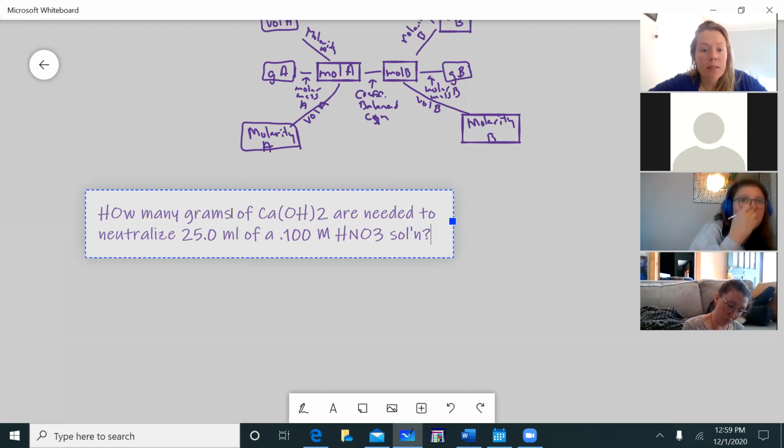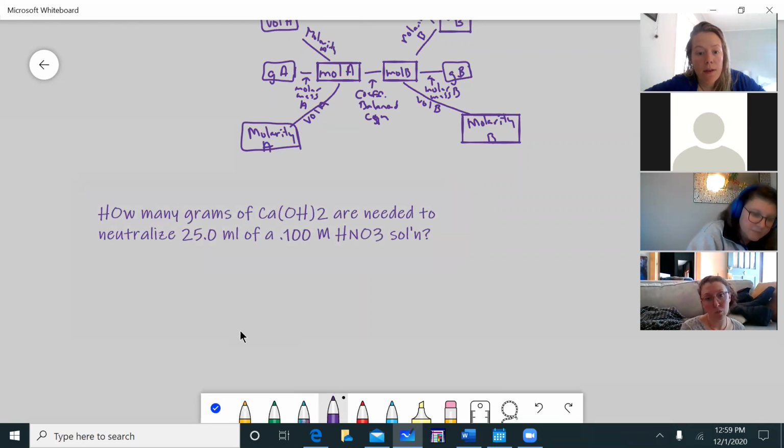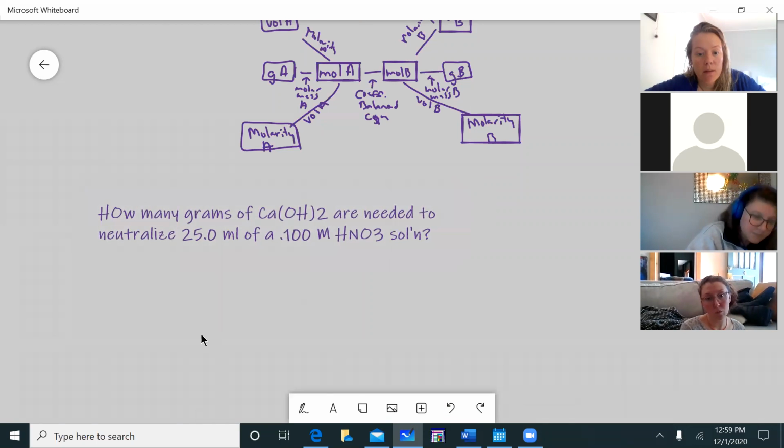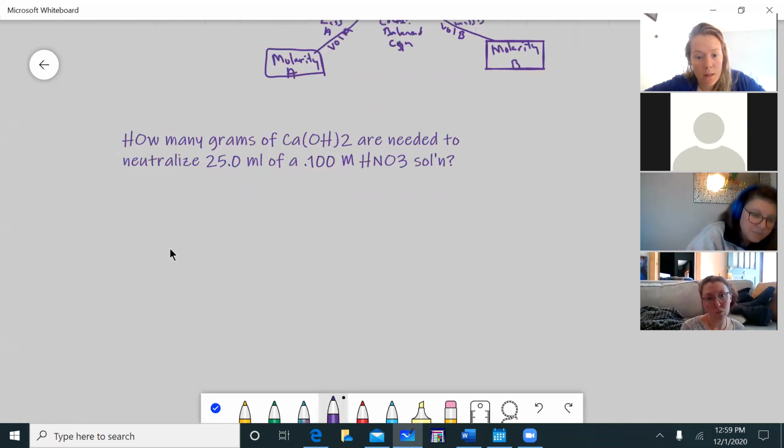Okay, so how many grams of Ca(OH)2 are needed to neutralize 25 milliliters of a 0.100 molar HNO3 solution? And I'll give you another thing here. This does come with a balanced equation. So the balanced equation for this is